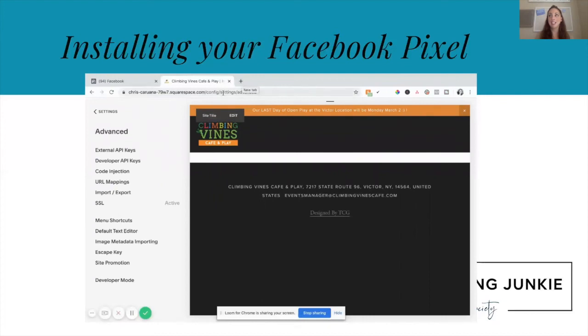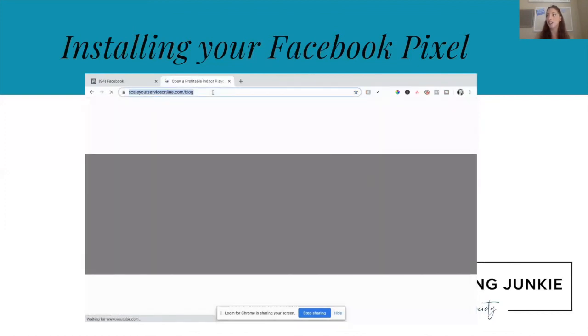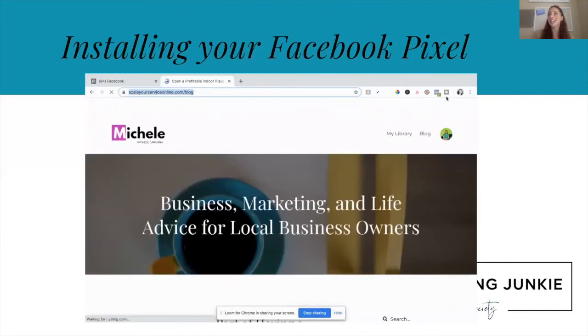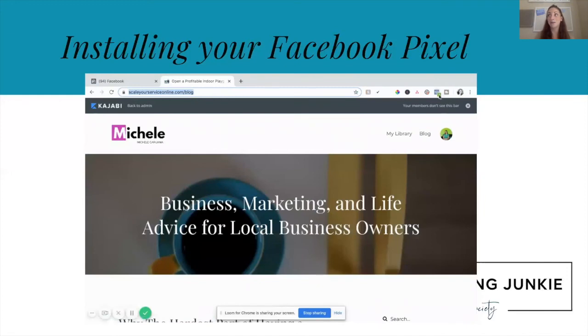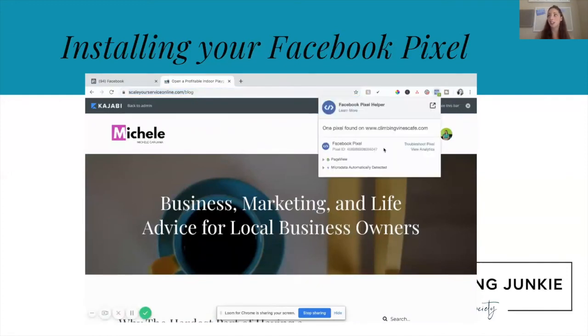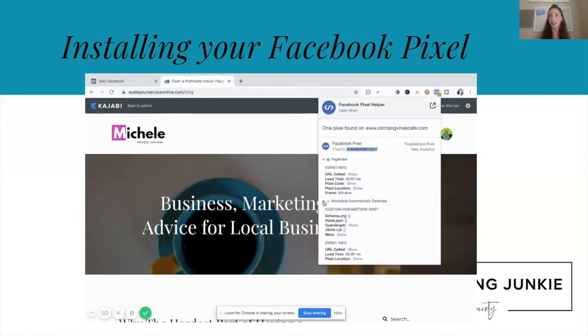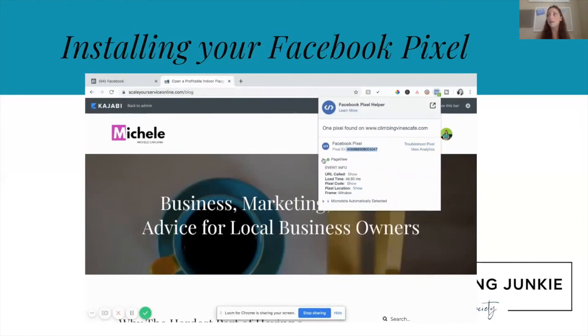Now, something that I like to do is I always like to install the Facebook Pixel Helper. That's a free Chrome extension, and you'll see it all the way up at the right. It's that little Chrome extension that turned blue and lit up that I'm pointing to now. So if you go ahead and install this free Chrome extension, just Google Facebook Pixel Helper, and it lights up and shows your correct Facebook pixel, that means that your Facebook pixel is installed correctly